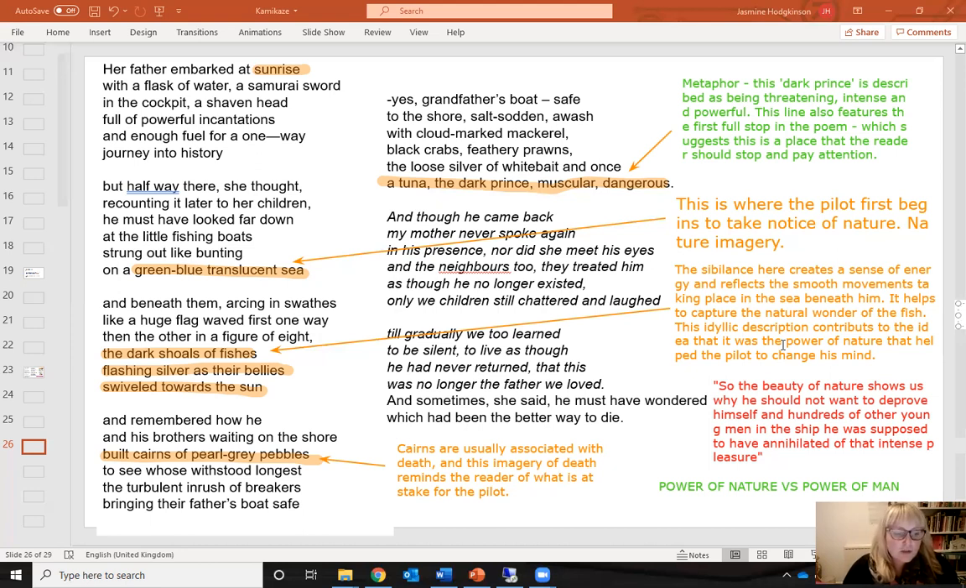These are annotations you should be aiming to get down, highlights. You don't have to write it down word for word, how I have, but you need to have the same kind of ideas written down. So yes, this idyllic description contributes to the idea that it was the power of nature that helped the pilot